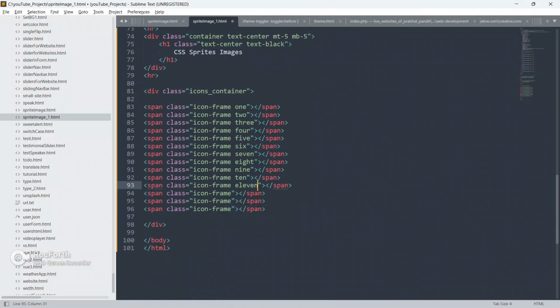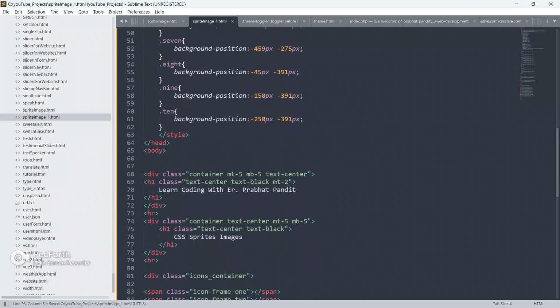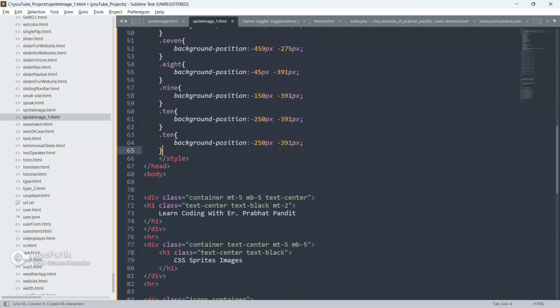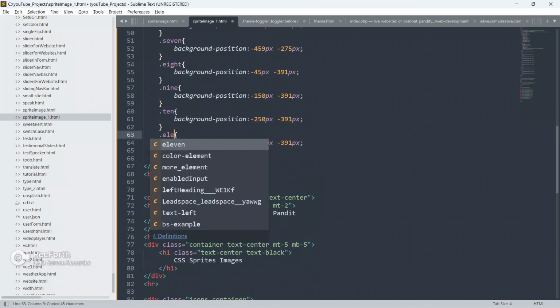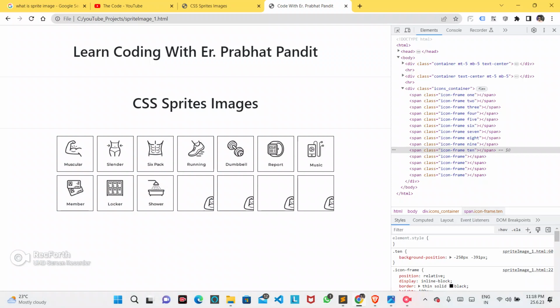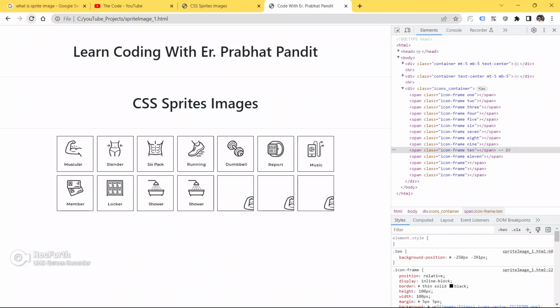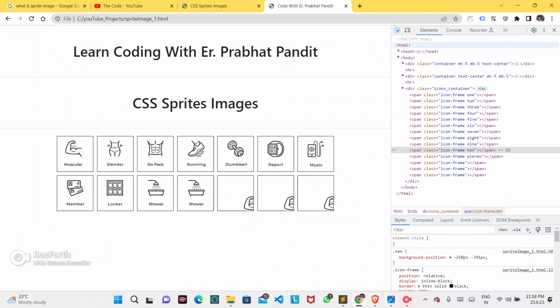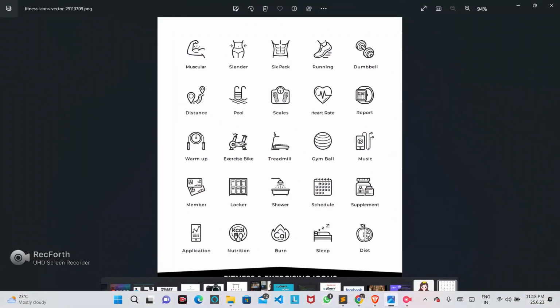Okay guys, now go again in the code, make this a 11, go up, copy this 10 class from here and paste it here, make this a 11. Save your code, go to the browser and refresh your page. As you can see guys, we have got this single image, but we are getting different icons.